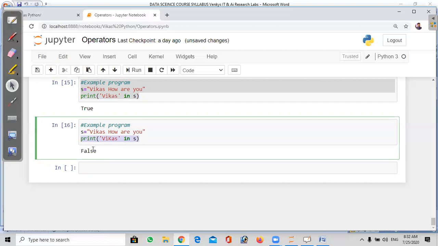So to give input to a program and also to get the output from the program, we need inbuilt functions, that is, input and output functions. Now I'm going to create one more Python file.